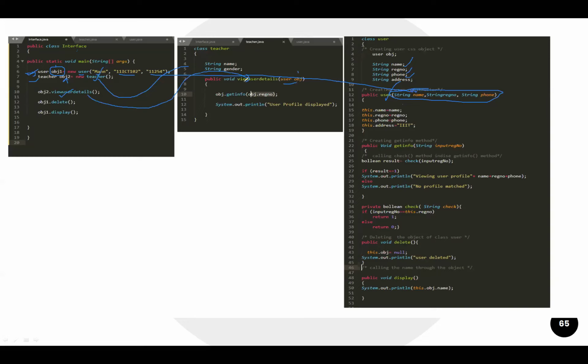And whenever this method is called, it is going to call this get info method of the class user. So from here we are coming to where? This particular get info. Okay. So this is the scenario.